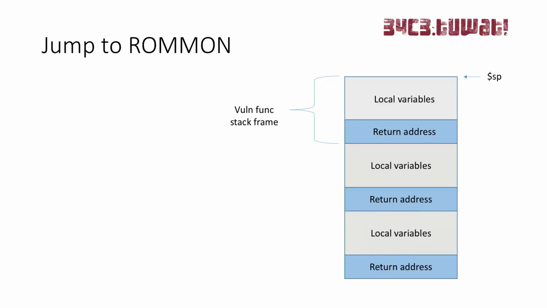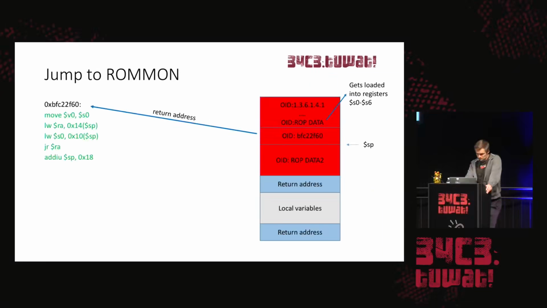So when we overflow the local variables with our long object identifier, here's what happens. We overflow the local variables, and these variables actually partly get written to S0 and S6 general purpose registers. We also, of course, overflow the return address, which will jump for us to ROM monitor, and we also have some 60 bytes. After that, we overflow the stack frame of the next function,